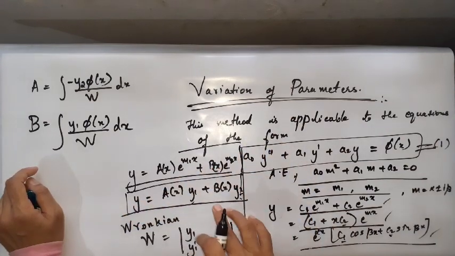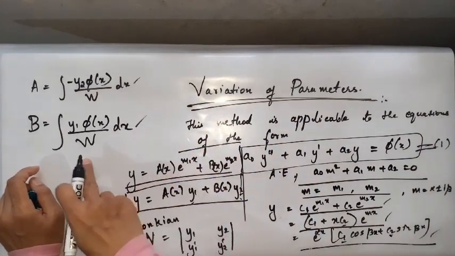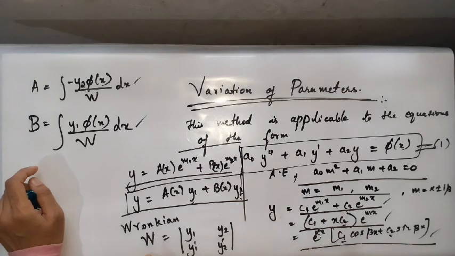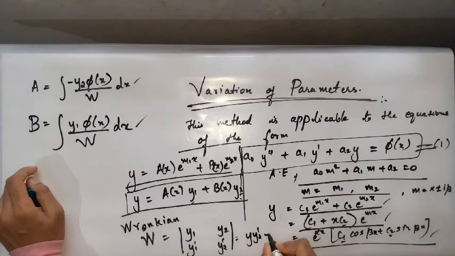So a of x and b of x are being used in place of the arbitrary constants like this. Then to evaluate this, we evaluate this w first. And what is that w? It is called Wronskian, W-R-O-N-S-K-I-A-N. w is equal to the determinant of y1, y2, y1 dash, y2 dash. The first row is simple, the y1 and y2. The second row consists of the derivatives, or you can simply write it as y1 y2 dash minus y1 dash y2. You can take it this way also.